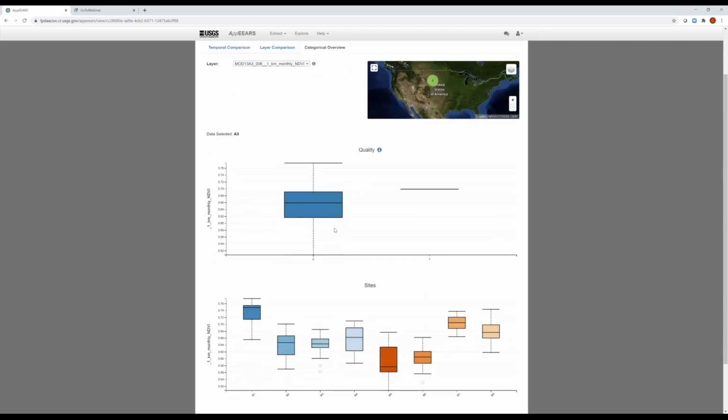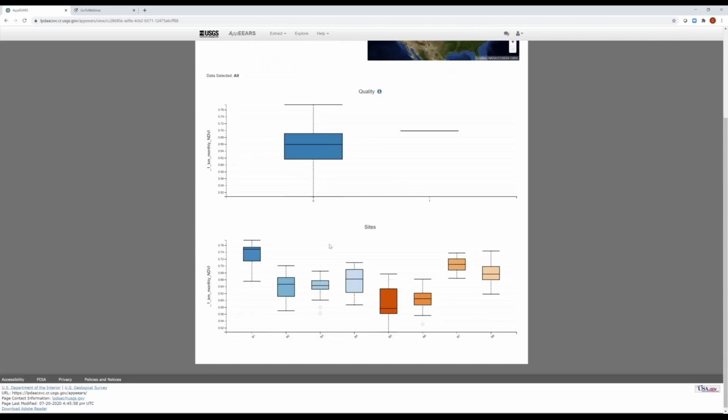Then if you scroll down, you're going to notice another box and whisker chart of the NDVI values for each of the sites. On the x-axis, you have B1 through B8. On the y-axis, again, you have those NDVI values. And then you can see the range of values, not only between the sites, but within the sites, because it gives you the mean and the standard deviation, and also the number of pixels at each